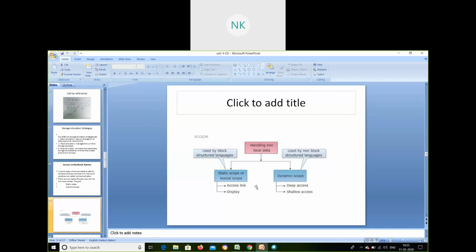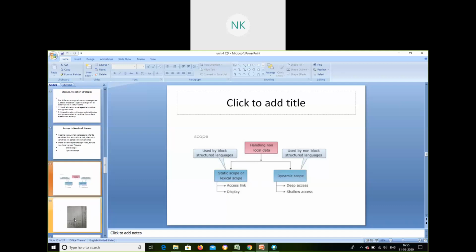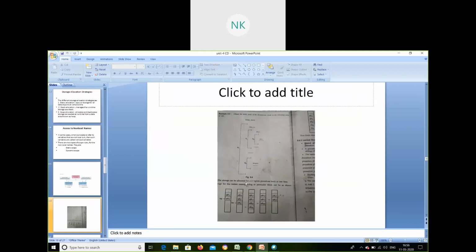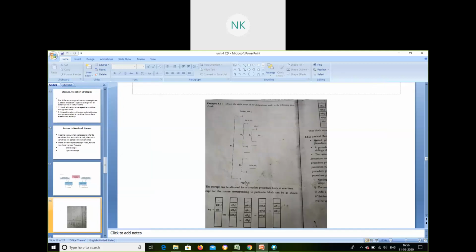Static scope, how it works, let me give an example so that you will understand. I've taken it from a local author's book, from a technical publication in India. So let me explain that. This is a program. Scope test is a function.